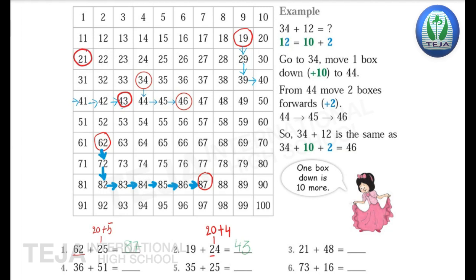Now here 48 is there. So in the tens place, what is there? 4 is there. So 40, and in the ones place, 8. 48. What we have to do is, when we move one box down, it is increased by 1 ten. So here, how many tens are there? 4 tens are there. So come down by 4. So move down 4 boxes.